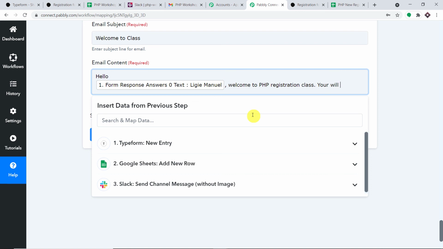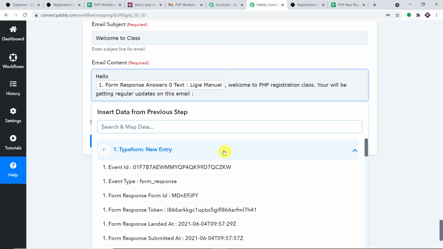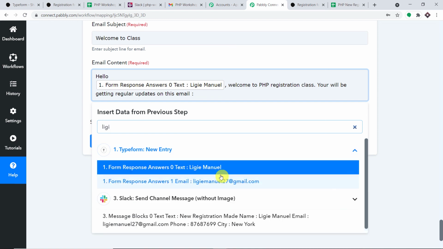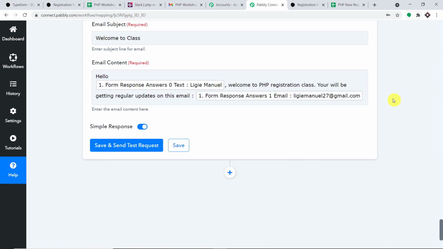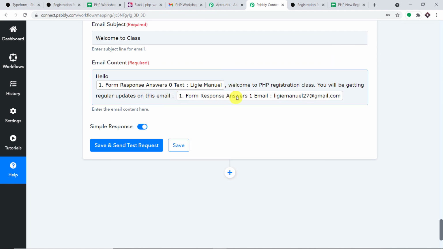You will be getting regular updates on this email. And once again, let's map the email address of Ligi Manual. Okay, so this is the email address of Ligi Manual and we have mapped it. Excellent. Hello, Ligi Manual. Welcome to PHP registration class. I'm sorry, it's written you will be getting regular updates on this email address.